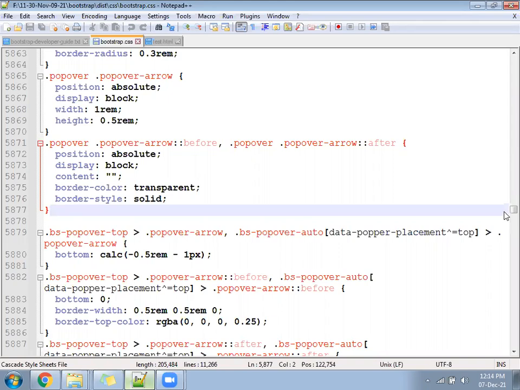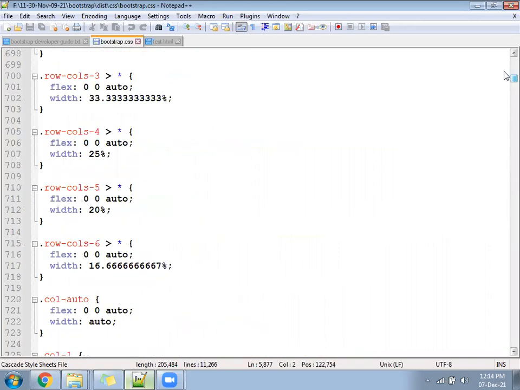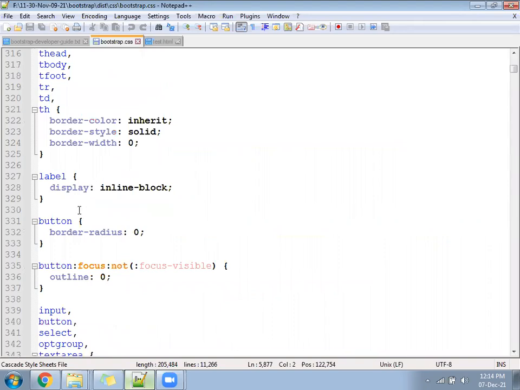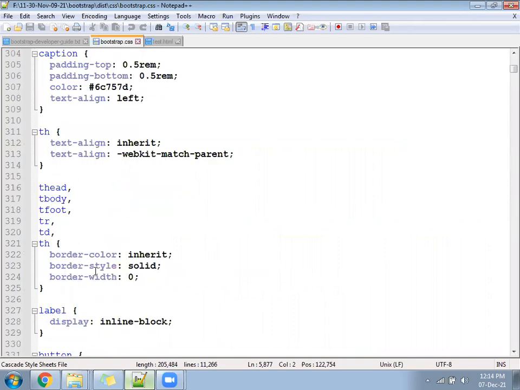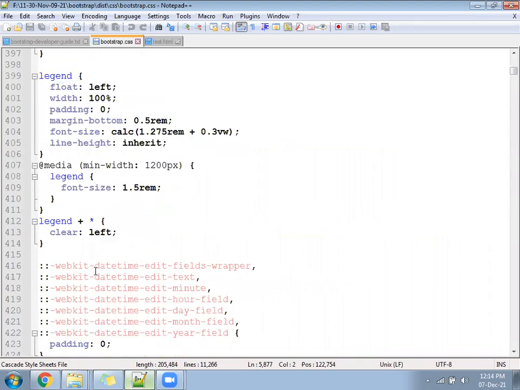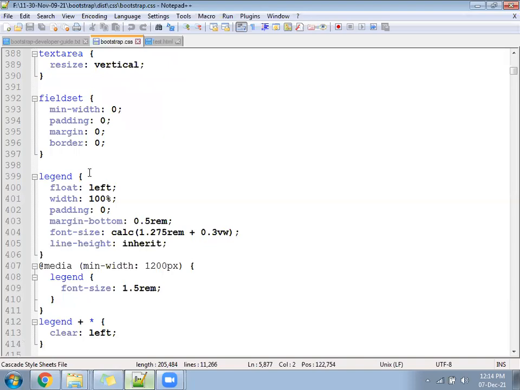So I hope it's clear in future how to copy and paste. In case anyone says no, you can write your own code. So what will you do? Suppose for legend, you want to write your own. So we'll not use the legend. We'll change the class name to my legend. Copy the same code from here, add it in, and your same look will come. If anyone asks, are you using Bootstrap? Say, no, I'm not using Bootstrap. It's my own file.